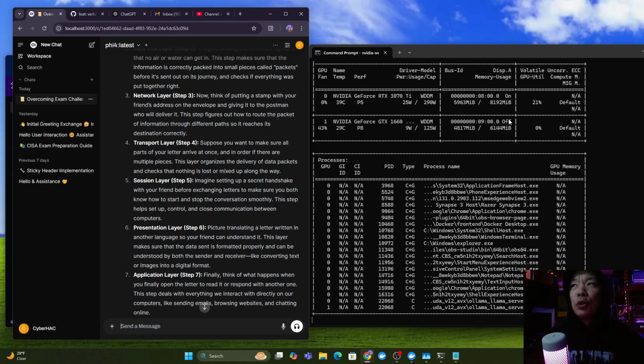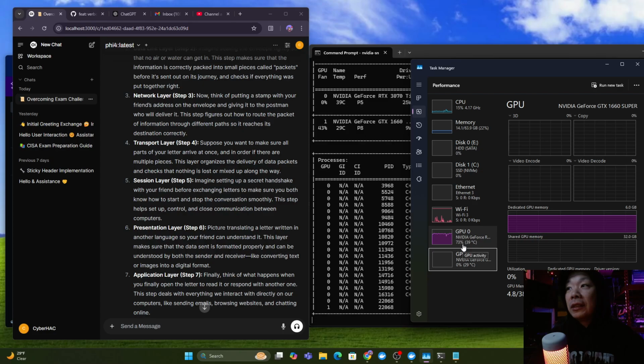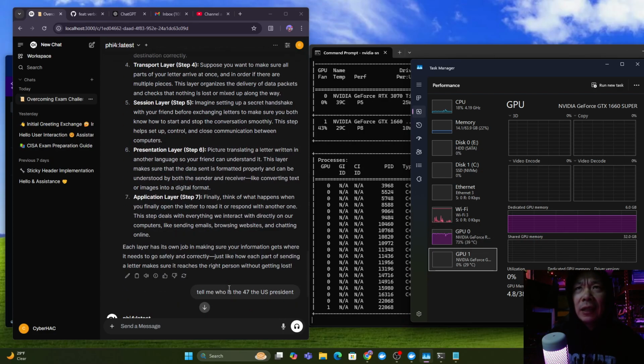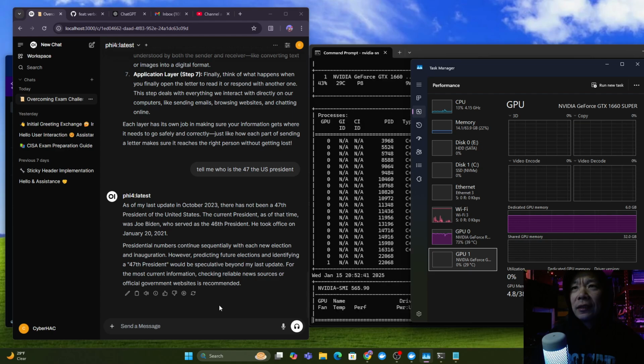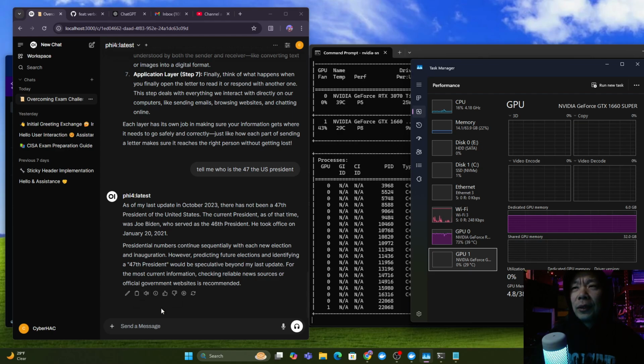I'm not too sure what exactly it's working on because I'm not asking it anything. And of course, I still have my performance monitor. You can see that it's still thinking about something. I don't know where it is going or what it's trying to do, unless something is eating up my resources. So let's try one more thing and tell me a good night